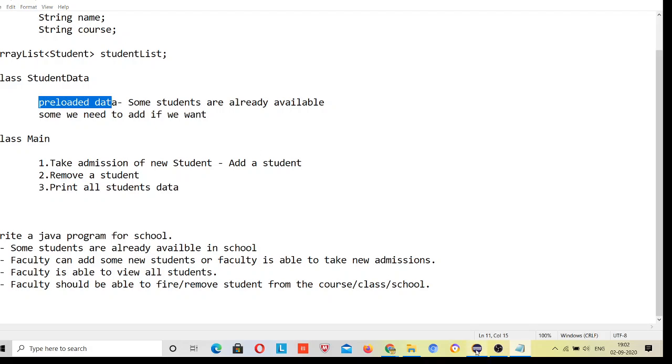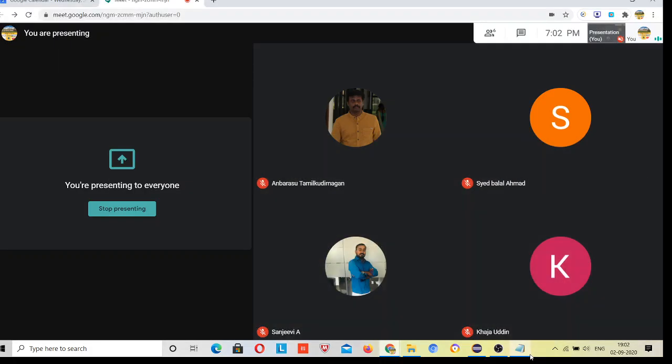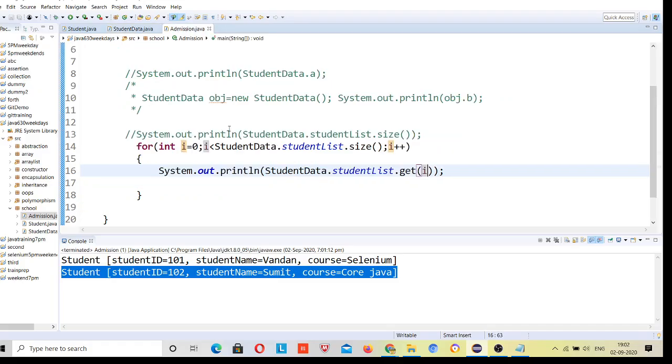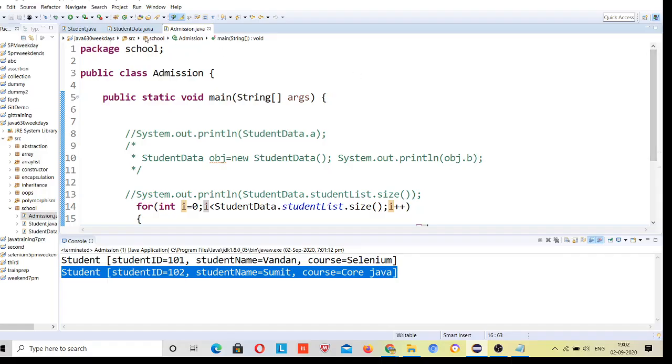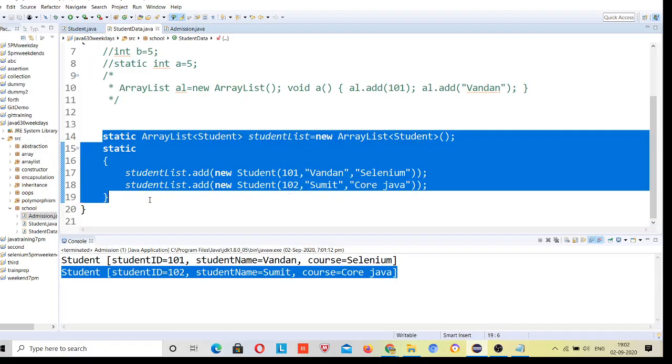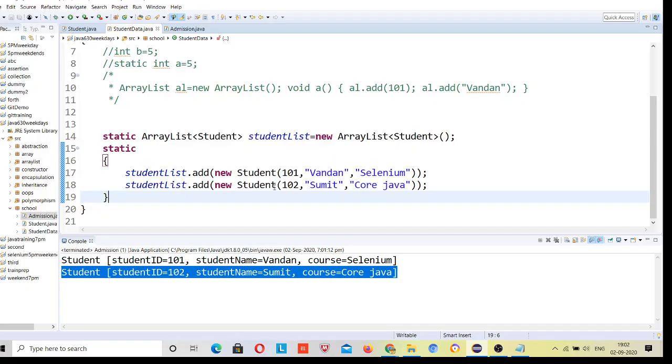Because our requirement is that some are already present, this static block will load before anything else loads in your program. Before your main method runs, it will run this static block. And this static block has the students data, so this will be loaded.